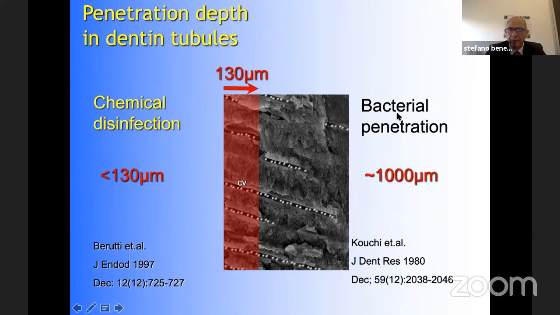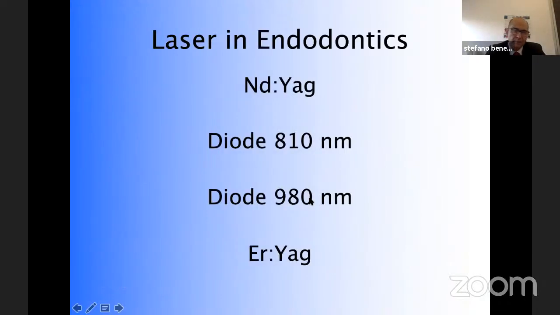while the bacteria penetration, you see this beautiful picture of Andreas Moritz with the main root canal here and dentinal tubules filled with bacteria here, with cocci, a huge number of Enterococcus faecalis colonies, up to 1 millimeter. So our chemical disinfection can help us to reduce the bacterial load, but the penetration is only 0.1, 0.2 millimeters, while bacteria can colonize up to 1 millimeter. So lasers can help us in improving the decontamination efficacy of irrigants,